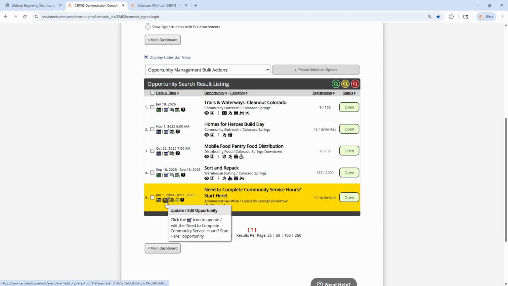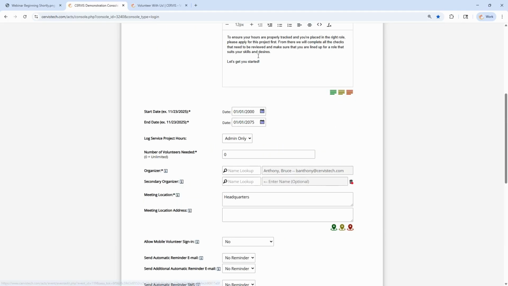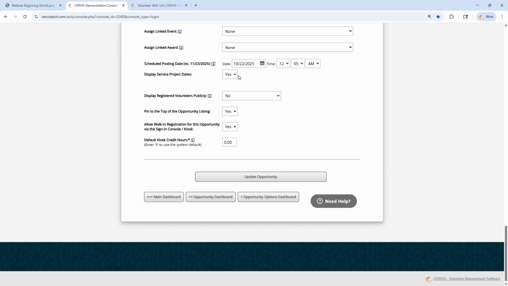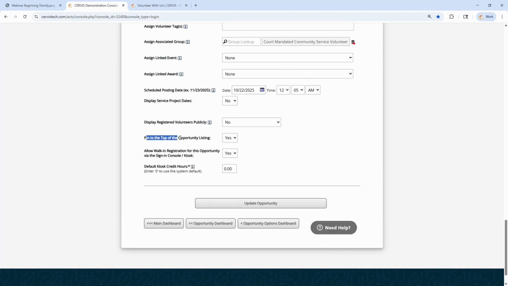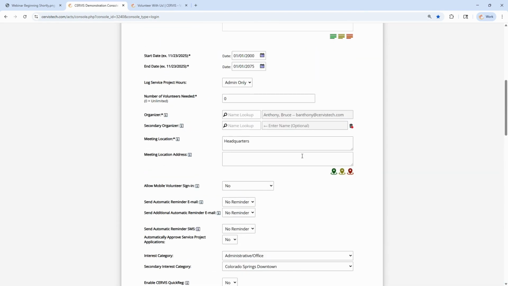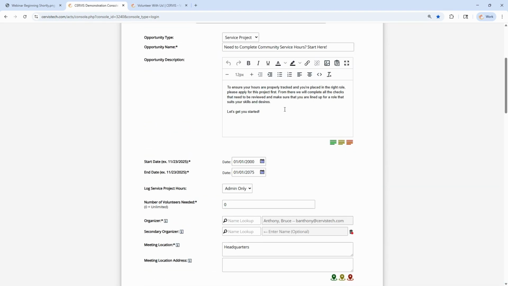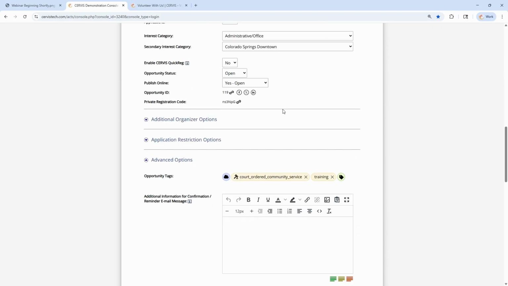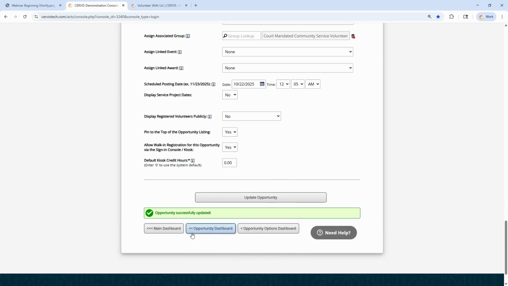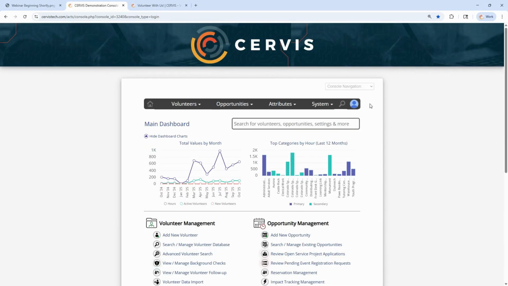We can see if I go into update this project down at the bottom, under advanced options, I've pinned this to the top of the page so that it always shows up at the top. And then I just have this as an open-ended project. So volunteers can apply for this if they're interested in being a community service volunteer, or if they need to be a community service volunteer. I might not necessarily set any restrictions on this, but the point of this type of project is